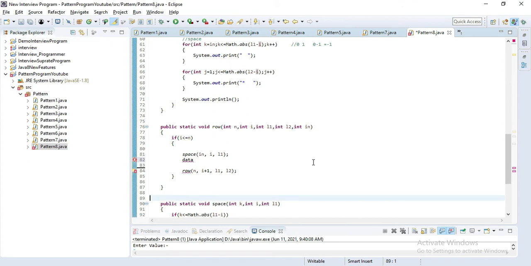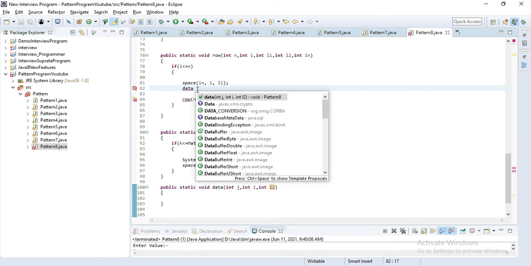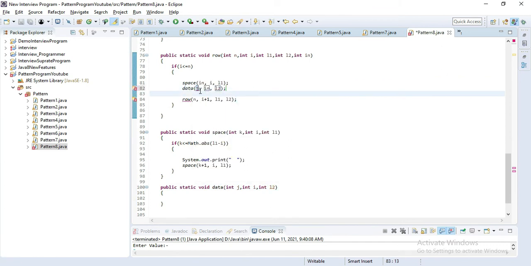Here we need the initial value int j, int I, and int L2. Okay, these three things we need here. Let's pass those things. Initial value is always 1, so I'll directly pass 1 here. Then the second thing we need is the I value.